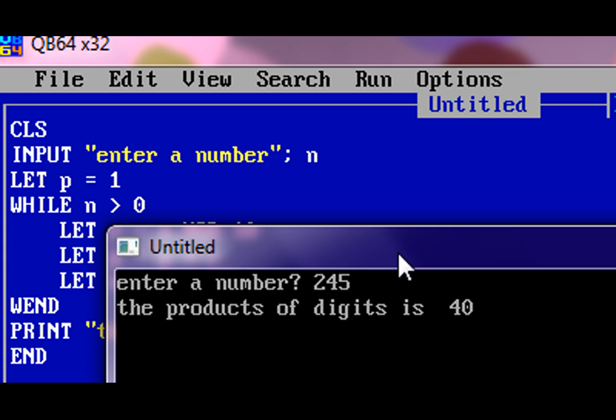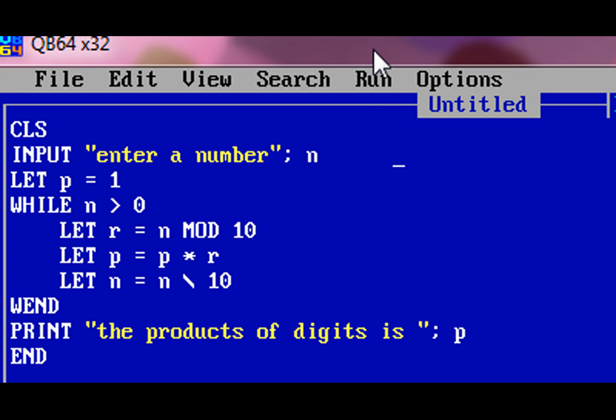So 245, the product of digits is 40, is it? 2 4 is 8, and 8 into 5 is 40. Yes, it is correct. Let's run it again for another number,